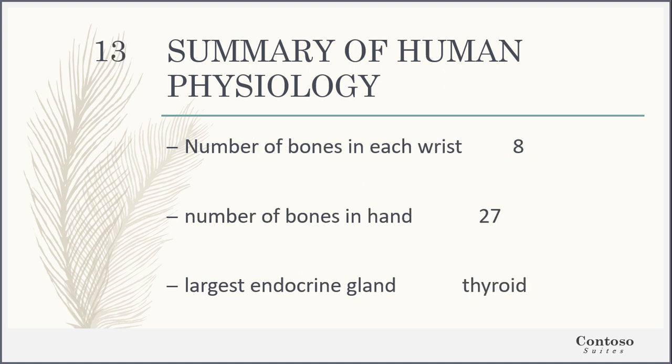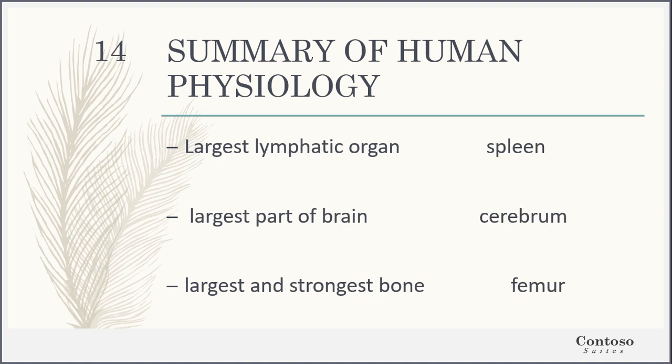Let me give you some points about the endocrine glands. These are the glands or the portions of the body which produce some chemical secretions which might travel to certain parts of the body and perform their functions there, or they may remain within that same area from which they are produced and perform different types of actions. So the largest endocrine gland is the thyroid gland. There are also other glands known as the pituitary gland, etc., which act as the endocrine system of the body.